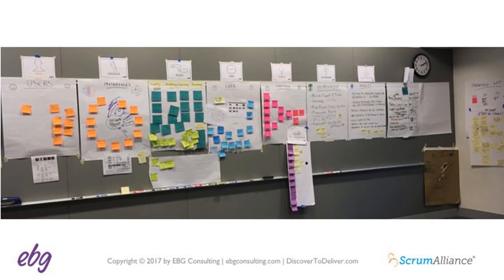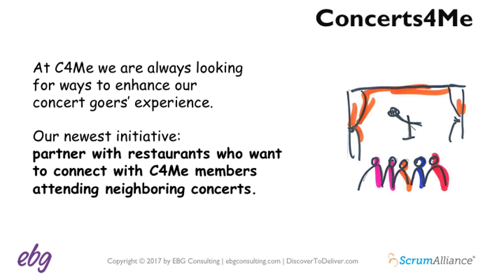Here's another example of a team's discovery board after their conversation. And as you can see, using colors and images they have semantic meaning and they help the conversation. And there's visual models as well, which we'll take a look at. So what I want to show you now is how to use a structured conversation in 7 dimensions with a simplified example. And the product that we'll use as our example is called Concerts for Me, or C for Me. And it's actually based on a real product that provides artists with tools to promote their tour dates and to connect with fans. And it lets the fans track their artists.